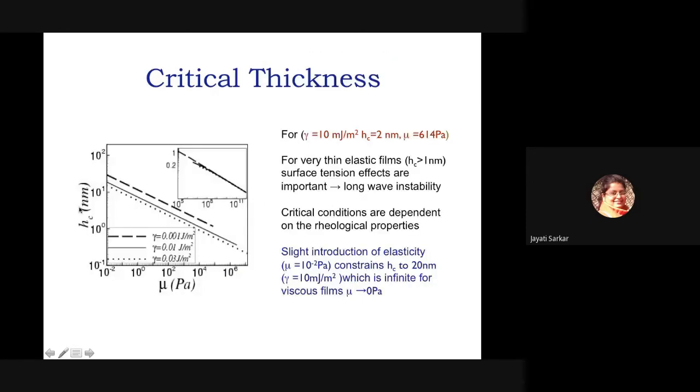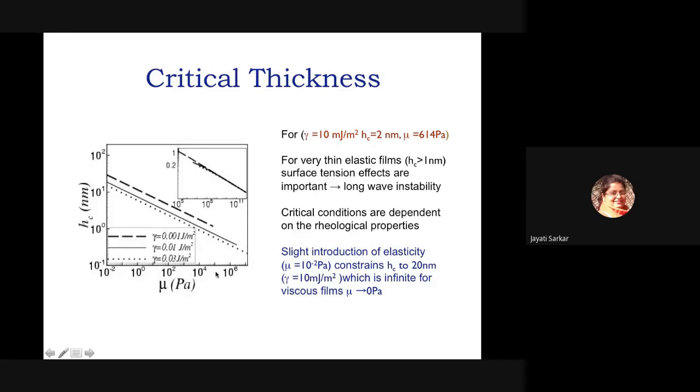The inset of this figure is for surface tension values that are very low, and in the case of wetting films this can be seen to happen only for sub-nanometer length scales, which is not a possibility. So this tells us that if the surface tension effects are very low, that cannot happen for a wetting film, in elastic films also. Even in elastic films, if you cast it in a wetting film configuration, it will give you a long wavelength. And basically, if you put in a certain surface tension,